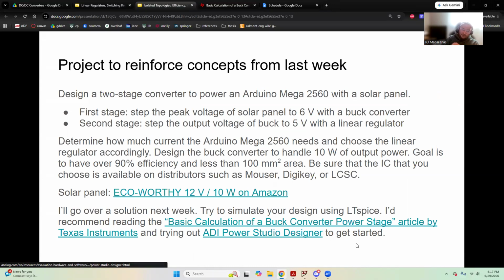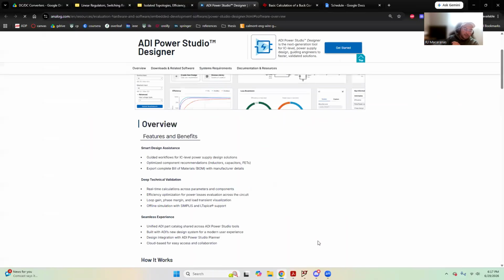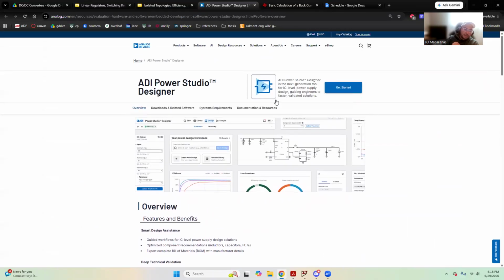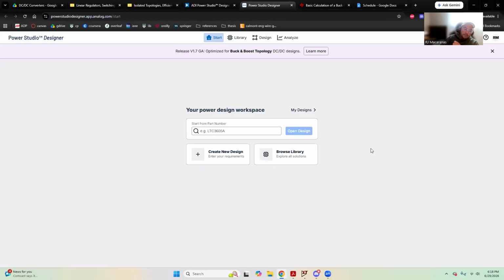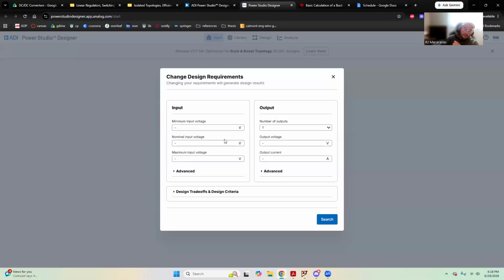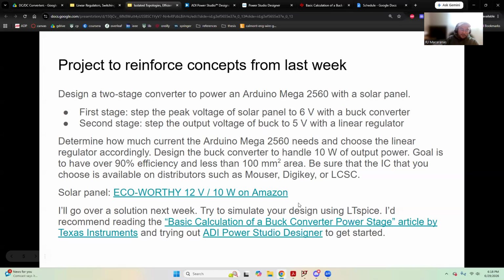And then there's also this ADI Power Studio Designer, which I haven't used all that much, but I came across it the other day, and it's kind of nice to give you a first cut at a design. So you can specify your input voltage. Maybe, well, if we just go and look at